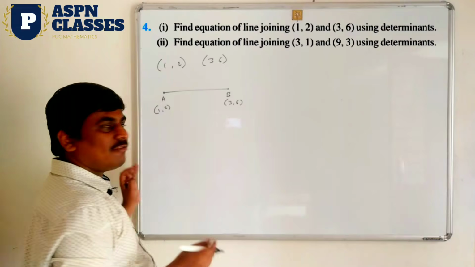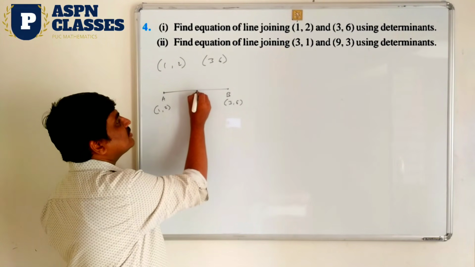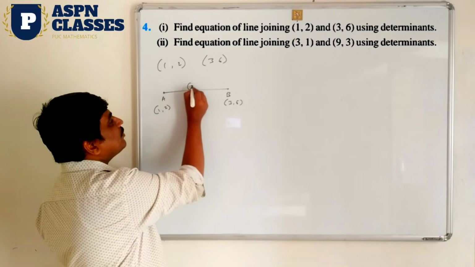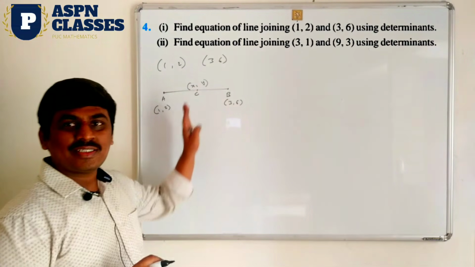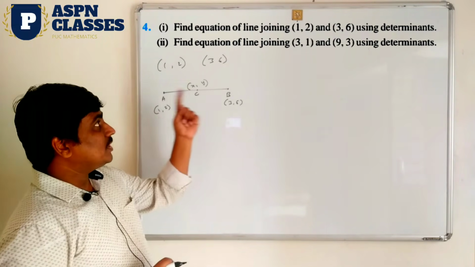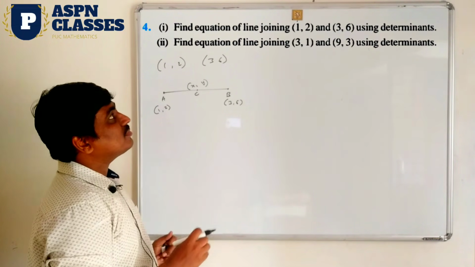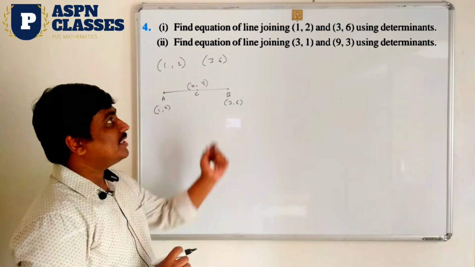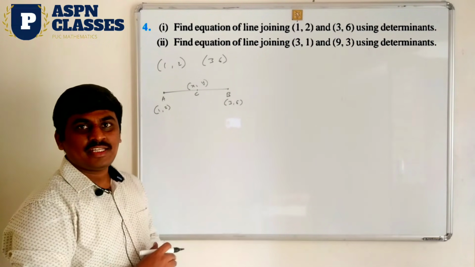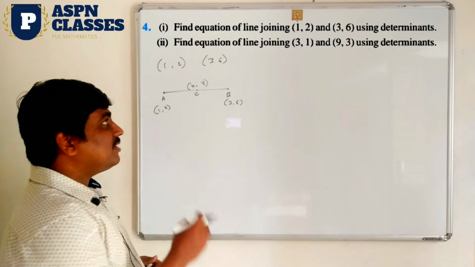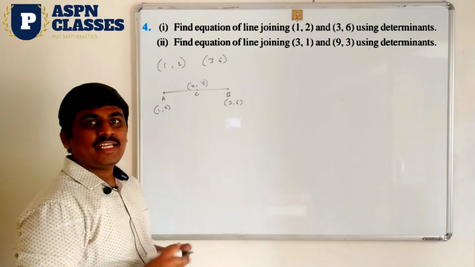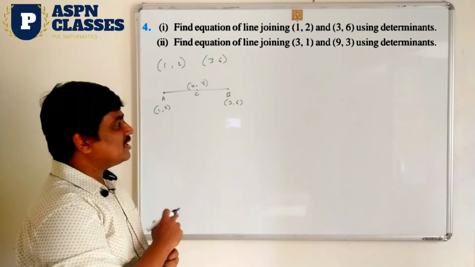In this case, you have to take one more point on the same line. So write it here, that point I am going to denote C. That C point generally I am going to denote (x, y). We don't know that point, I am just denoting it here. So why am I taking the C point? See, observe in this question, we have to find the equation of the line joining the points, that is also using determinant method. In the determinant method, what do you know? Area of the triangle method. Area of the triangle formula you already know. So the area of the triangle, you take the ABC triangle. What is the area of the triangle? 0. So now you can apply this formula.